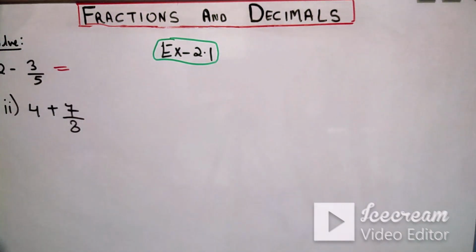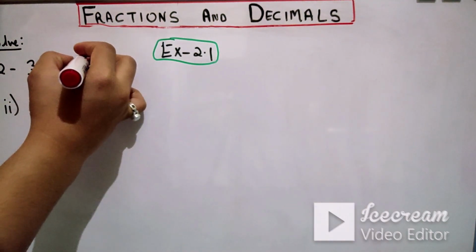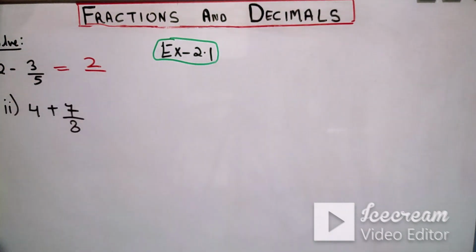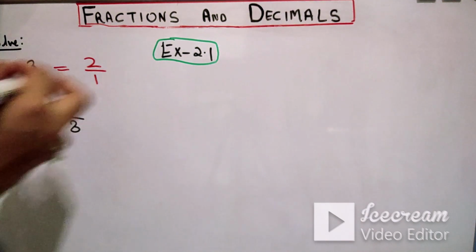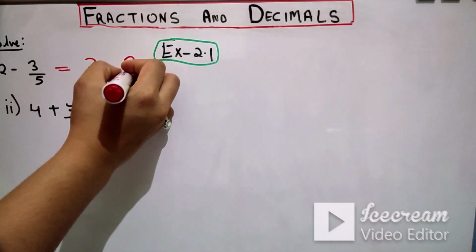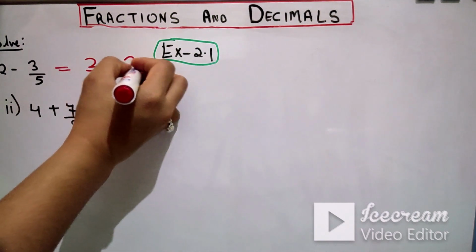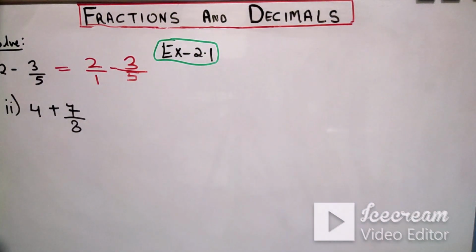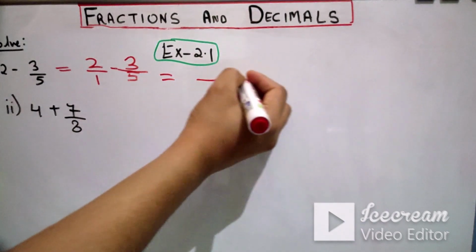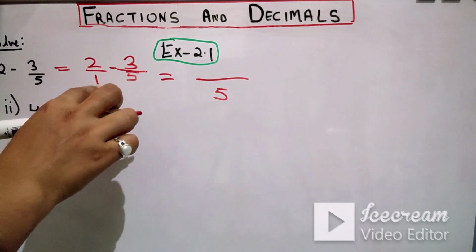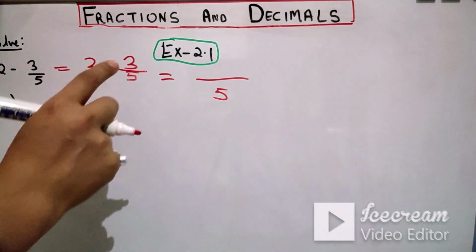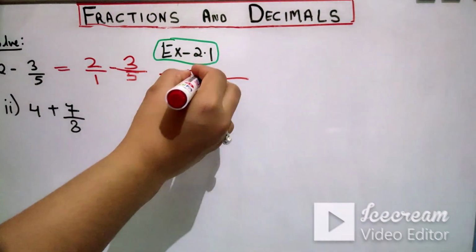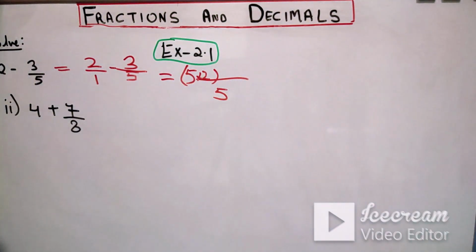There are various methods. I guess you would have studied it this way: if there is nothing below 2, then what can we take here? We can just take 1 here. Now this fraction becomes something like this. Now I think this is very easy for us to do. This is 3 by 5. Don't get confused. We know the LCM of 1 and 5 is 5. Now we divide 5 by 1, and the quotient will be 5. So we will multiply that 5 by 2.